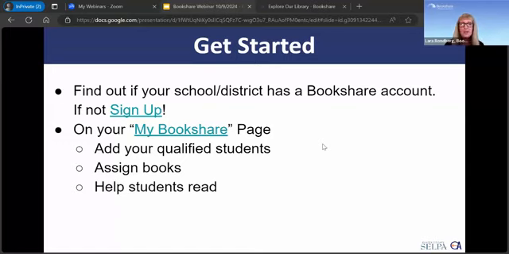I know it's great that everyone is thinking about making everything universal, and everyone gets the same. But for the students who do really require